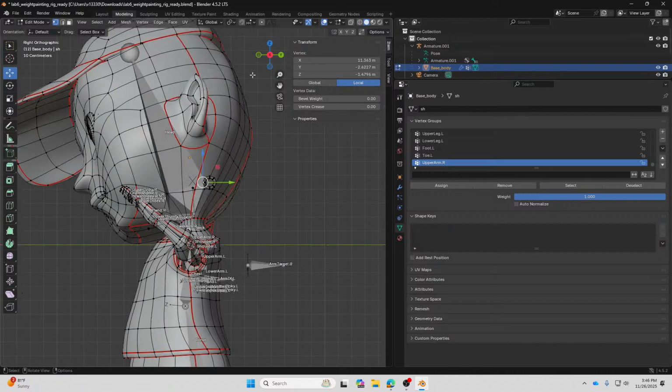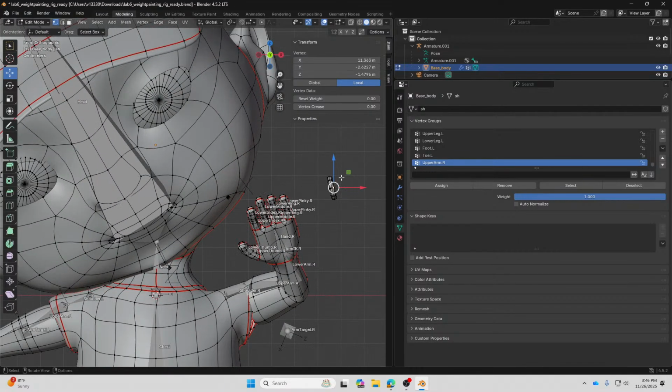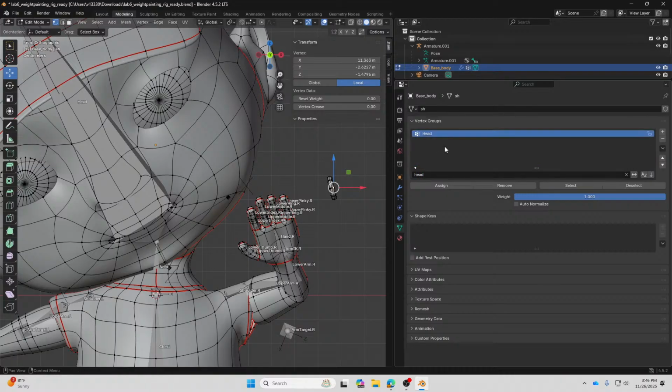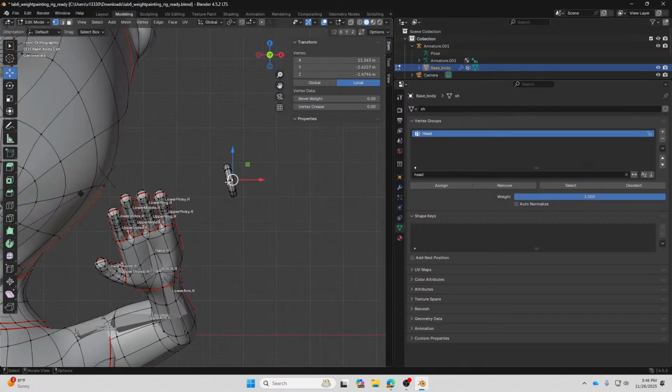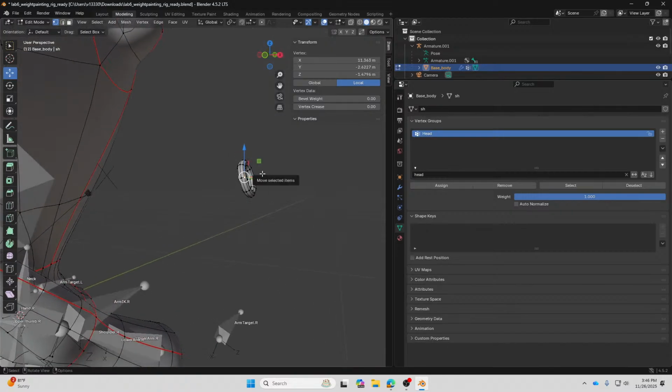So how to fix this? Which bone do I need to make this vertex and the whole earring over here follow? The head bone, right? So we type in head over here, and then we select the whole earring. I can select only one vertex, and then I can press Control L.